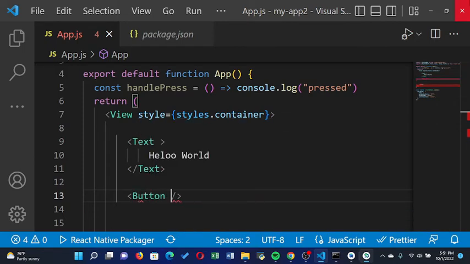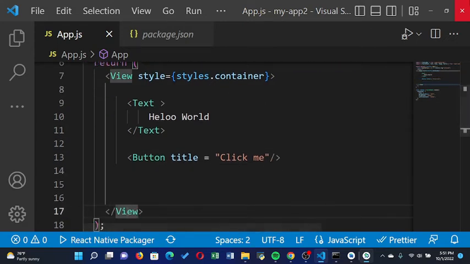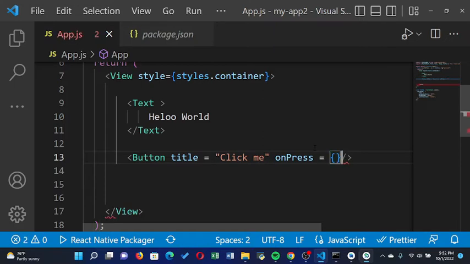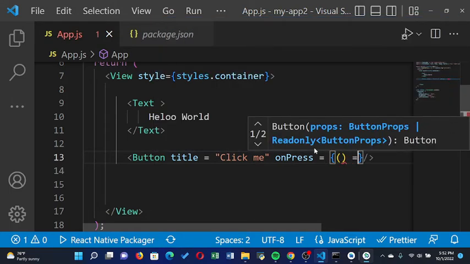So button. After declaring my button component, it has some properties like title. So the title I'm going to put is click me. And the button also has another event property, onPress. So when the button is clicked, onPress will be called and it needs a function. So I'm going to make my quick function here equal to,